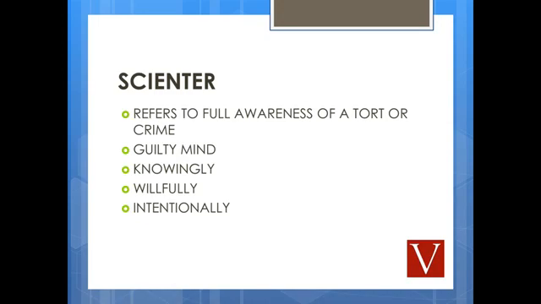All right, the next Latin term you need to know, scienter. This comes up all over the place in law, constantly popping up in civil cases, fraud cases, criminal cases. And scienter basically refers to a full awareness of committing a tort or a crime. So you're fully aware what's going on. You have the scienter. Some people would call it the guilty mind. Some people call it knowingly, willfully, intentionally. So scienter is that full awareness of doing something wrong is what I would say. Okay, scienter, that's a great word there.